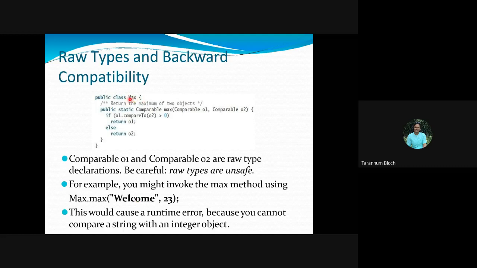When I'm calling the max method with two arguments, "welcome" and 23, "welcome" is my object1, and object1 compared to 23 will obviously return a runtime error, because as per the language rule, we can't compare a string with an integer object. Fine? Are you getting it?